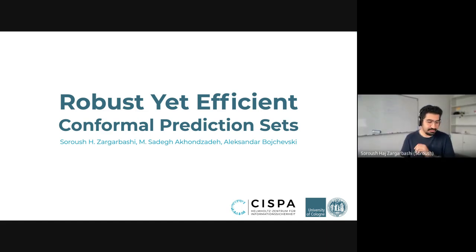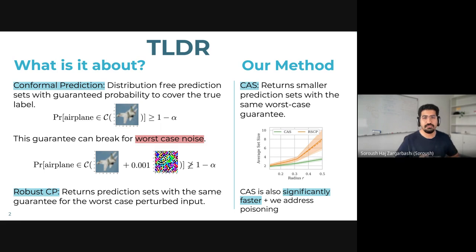All right, thanks. Before I dive into the details, I think it's better to have a TLDR version of the work. So basically, what is conformal prediction? Conformal prediction is a method that wraps around any model with black box access, and it returns a distribution-free prediction set. So it doesn't look at the distribution of the data, the distribution of the labels, or the model mechanics. It wraps around any model, and it returns a prediction set at the end that is guaranteed to include the true label with any adjustable 1 minus alpha probability.